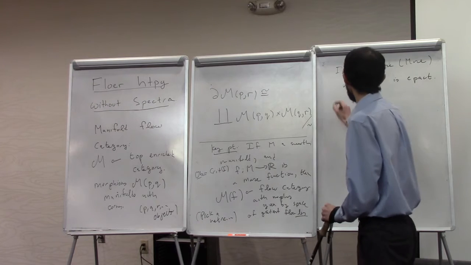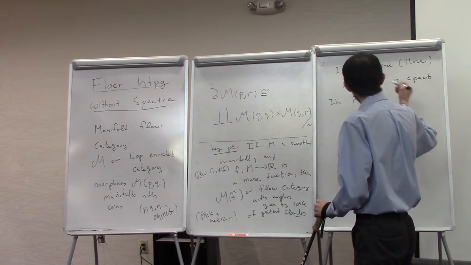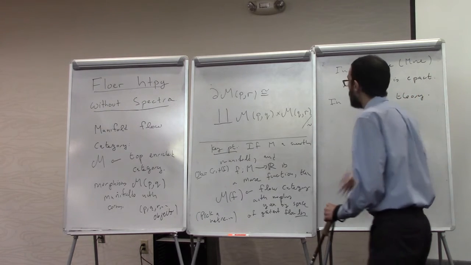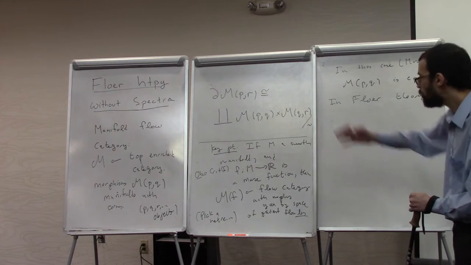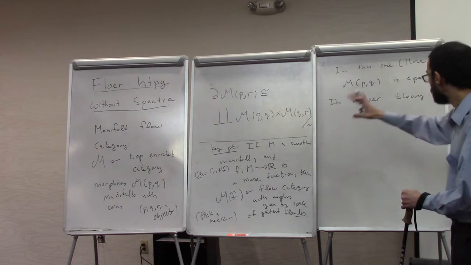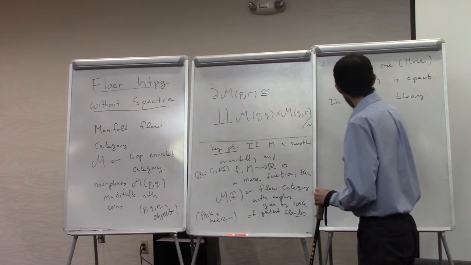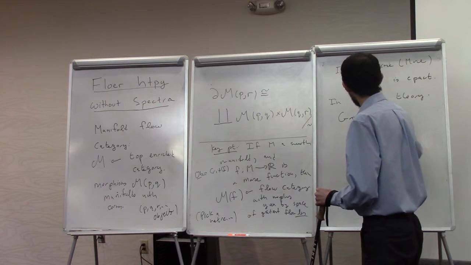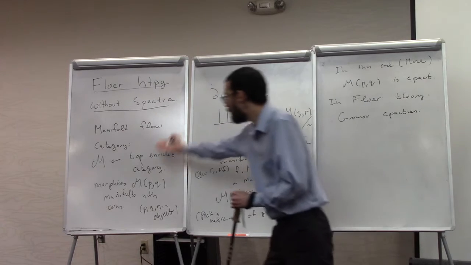In Floer theory, there are many, many problems that occur, but the first problem that occurs is that the moduli spaces are not proper. Floer theory would have the moduli space not compact. But what happens is that you have some kind of Gromov compactness. Gromov compactness can be, let's say, encapsulated abstractly